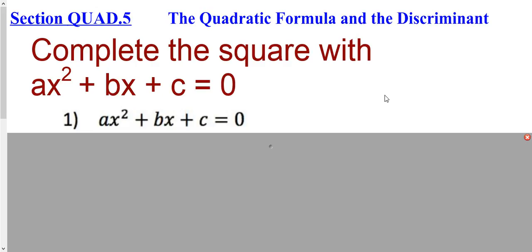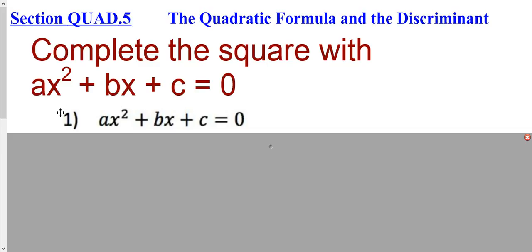We've been looking at solving quadratic equations. We did graphing, factoring, completing the square. And we had said completing the square always works. So now we're going to generalize completing the square and look at completing the square with this one,